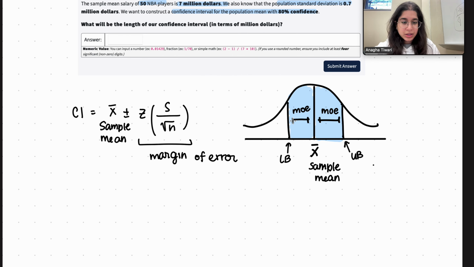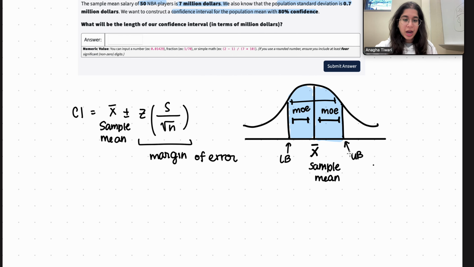The distance between the sample mean and the upper bound is our margin of error. This is why we have the plus or minus: the sample mean minus the margin of error gives the lower bound, and the sample mean plus the margin of error gives the upper bound. So if we want to know the length of our confidence interval, it's